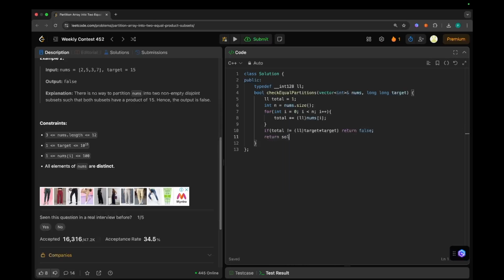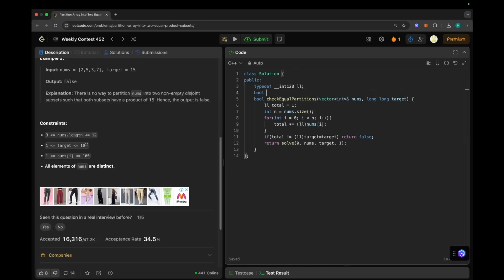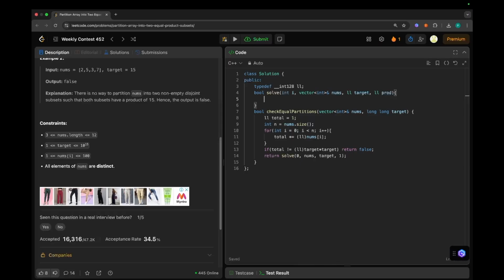Otherwise, we will implement a solve function, from index 0, nums, target, and initially our product is 1. Okay, now we will implement this function: bool solve(int i, vector<int> nums, long long target, long long product).